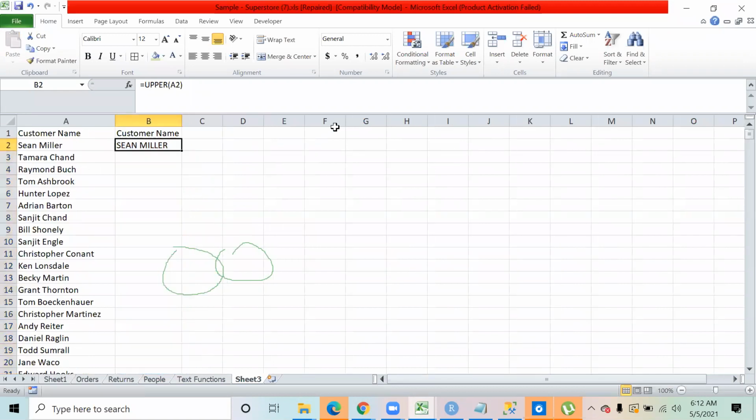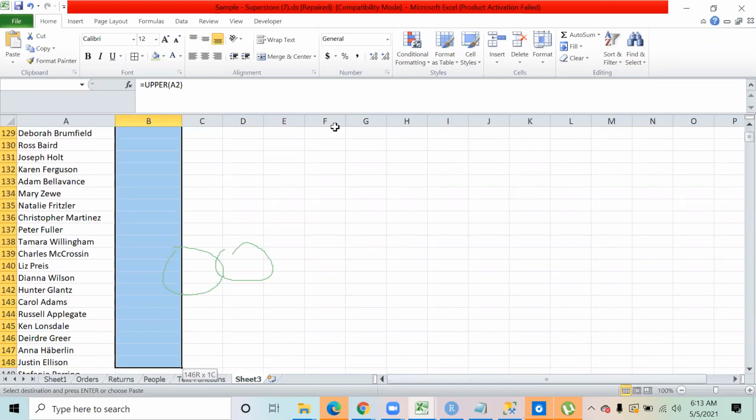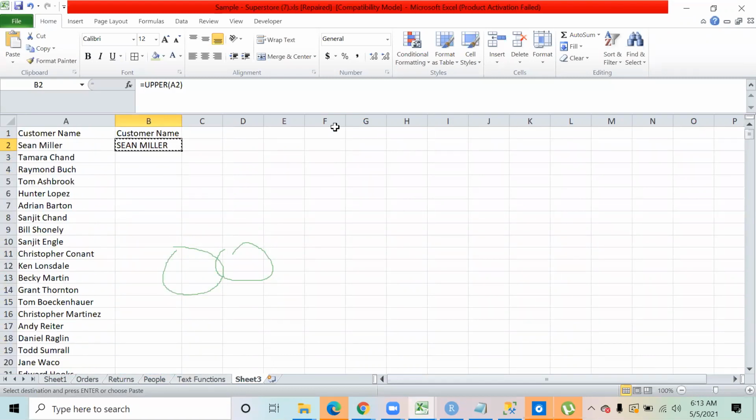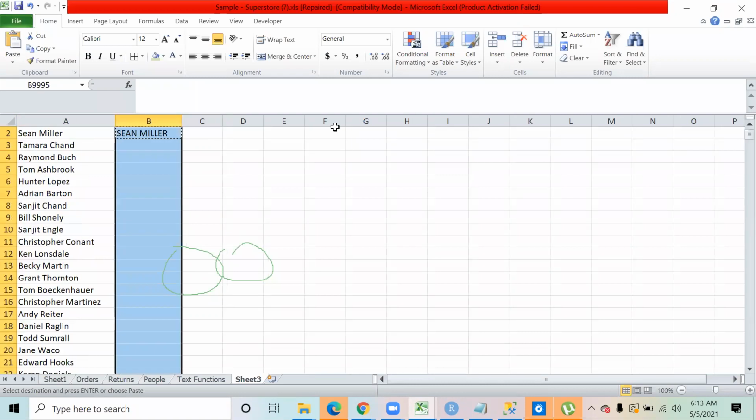I had to apply this formula in this entire range of cells. Because I could not keep on waiting for the last cell to come, it would have been a very time-consuming process. What I did was I came to the adjacent cell, pressed Control Down Arrow, went to the last cell, came back to the correct column and pressed Control Shift Up Arrow, and I pressed Control V.